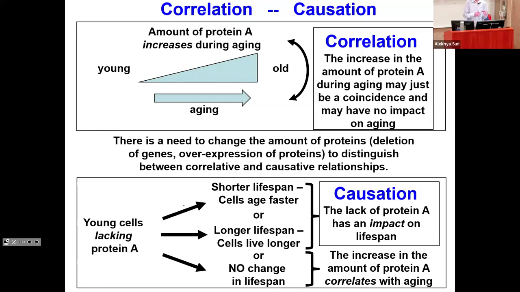So what you would need to do is to delete this gene encoding this protein A. And so you create these knockout animals, cells, or whatever, and then you will repeat these lifespan studies, and you can see or expect, for example, that cells lacking this protein will have, for example,